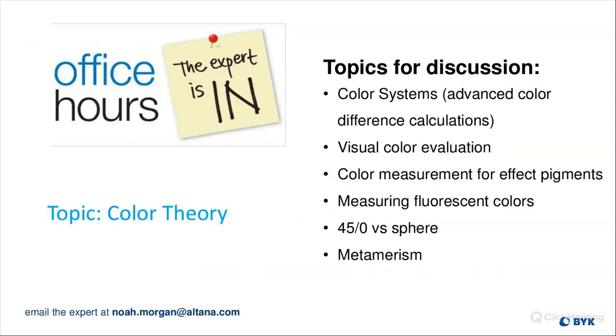All right, so that was a nice quick overview of the basics of color theory, kind of explaining how an instrument or an observer, how it all comes together, how we see color, why it works this way. It gives you a nice basic overview of the whole process. So with that, I'll give it back to John, and we'll get to the questions.